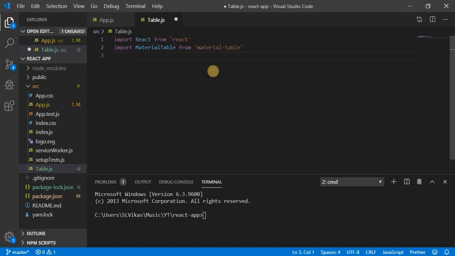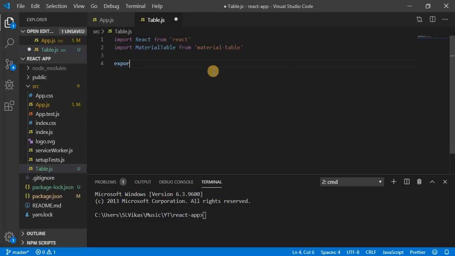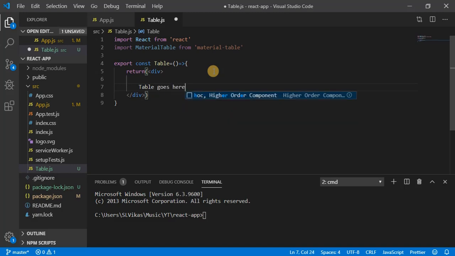Okay, now I have to create, let me export const, make it a functional component here. So table, okay, return here, and let me return a div first. Okay, so I can write here table goes here.